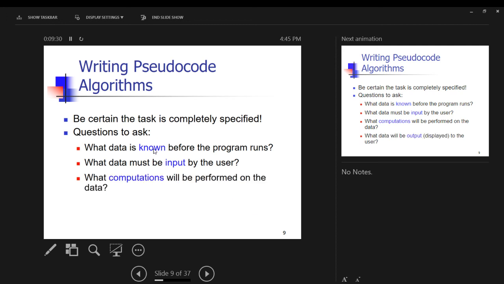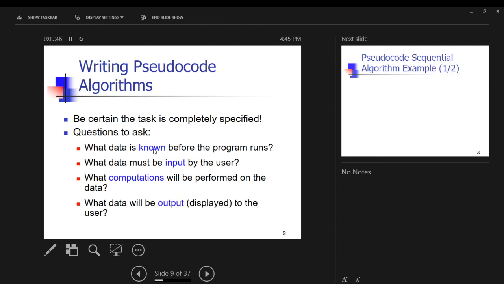And then you want to ask yourself what computations will be performed on the data. Like we find the subtotal and we find the tax. Those are two computations, right? What data will be output to the users? So they want the total, or they want the subtotal, or they want subtotal, tax, and total. So those are the things that you can also ask when